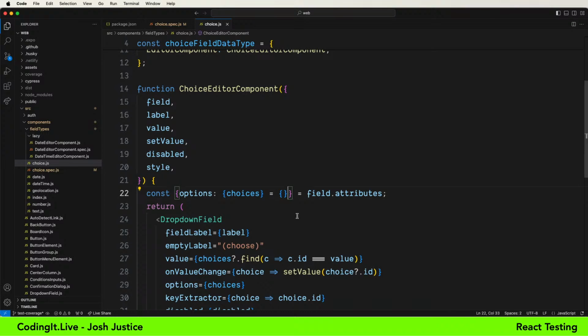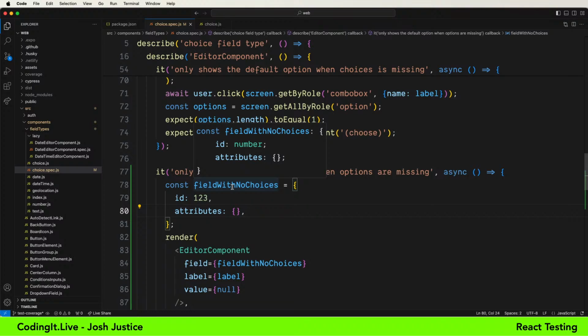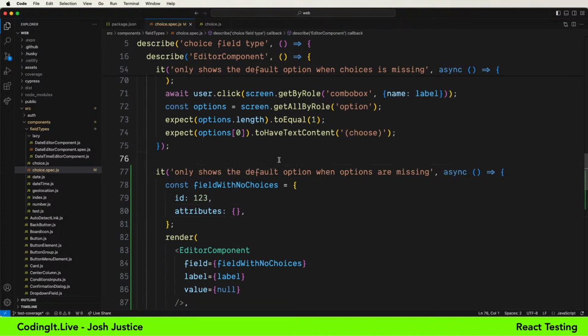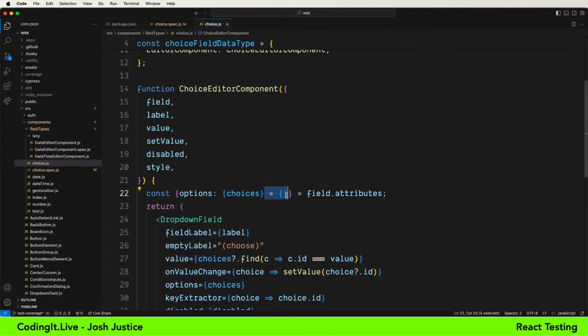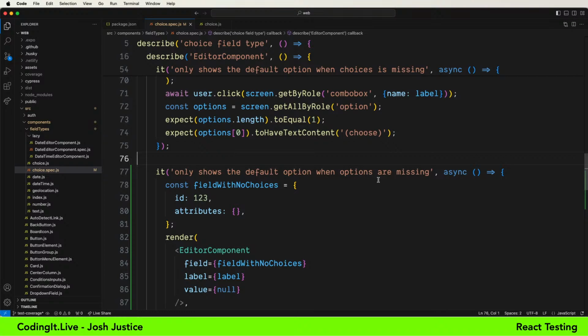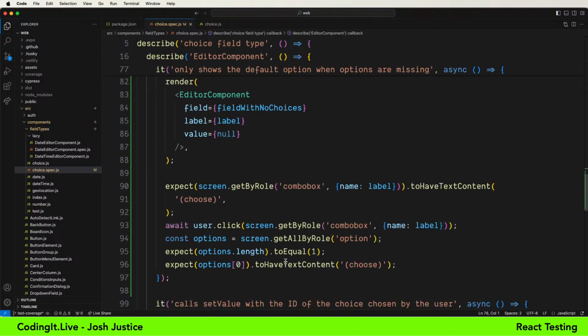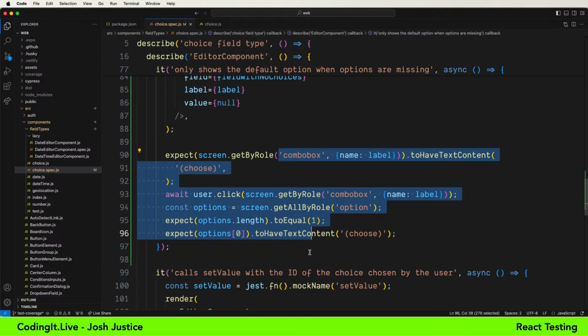And so the code coverage tool told me, hey, Josh, you're not actually executing that default branch in your test. Maybe you want to do so. And so now I have a test for that, which actually documents that and ensures that it works the way I expect. Because just because this gets executed, it doesn't mean that something else doesn't blow up or behave the way that I don't want. So I'm confirming here that when the options are missing, we still get just the choose behavior there.